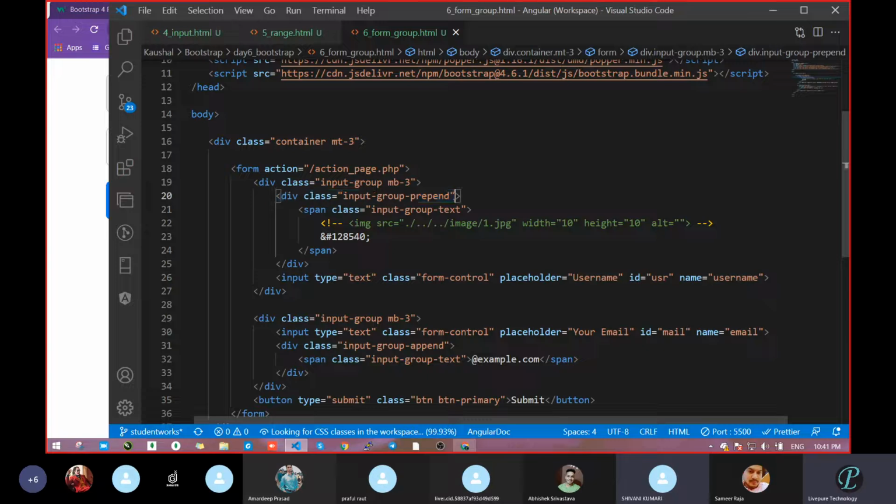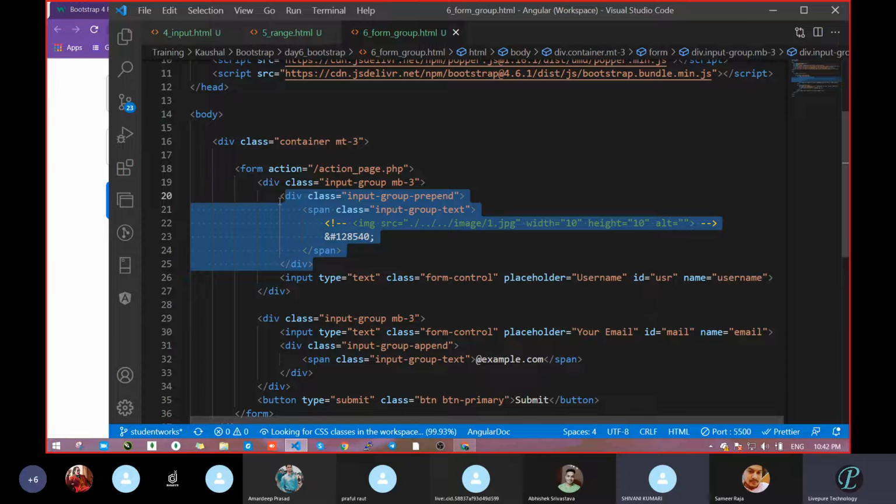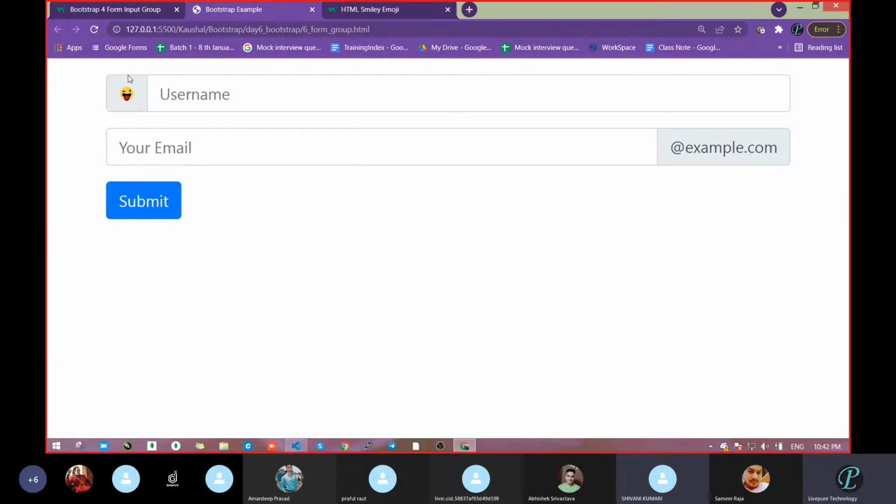After that we take a span, and inside that we take input group text. Whatever you want, like emoji, Font Awesome, image, anything, pass there. And due to this, up to this div, whatever we had written, we got this square.